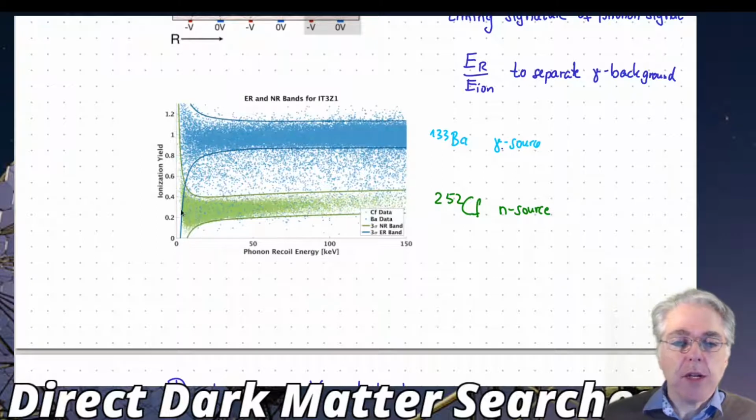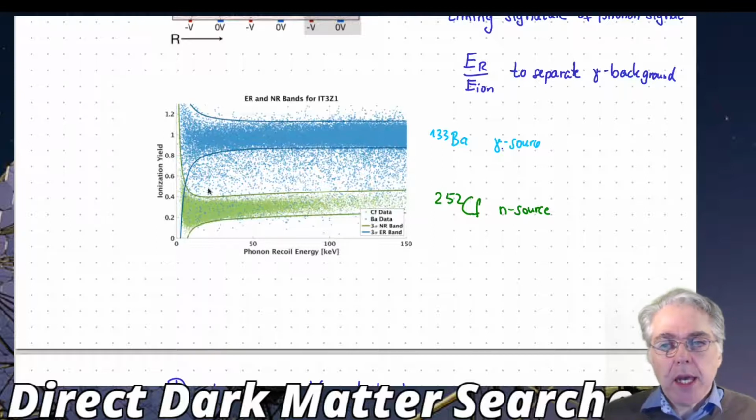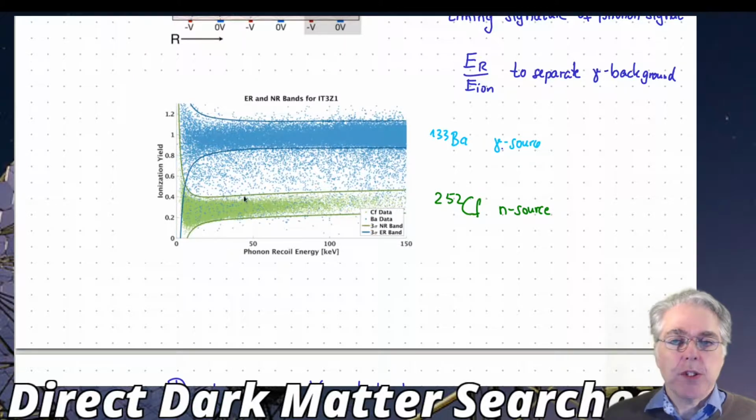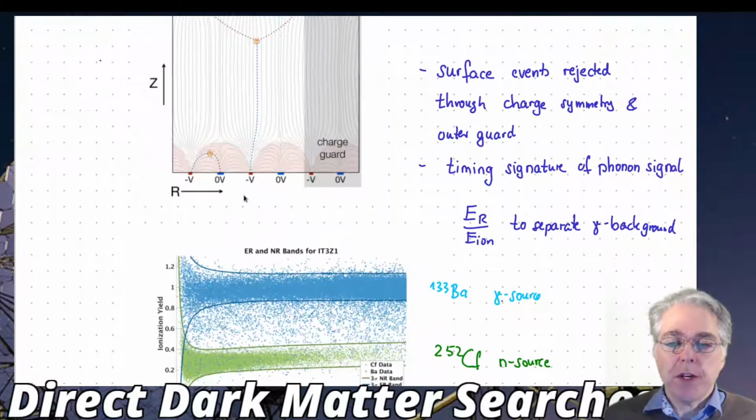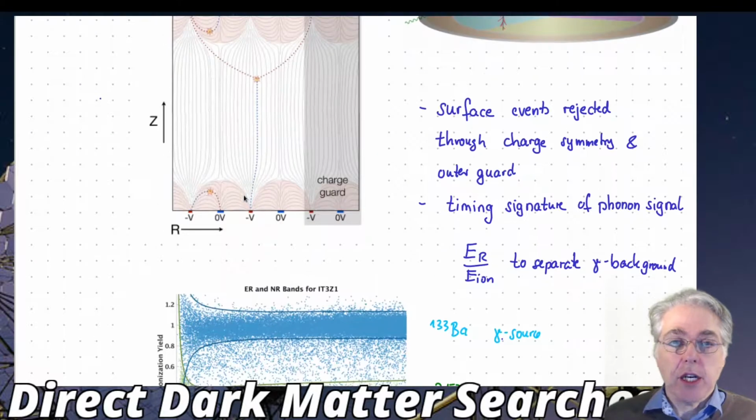And there you see now the green events, and they fall at a range of about 30% of the ionization yield. And the phonon recoil energy is centered to smaller values. There's some tail over to larger values, but most of the events fall down in this band here. And you can clearly make out that there's, of course, also some spillover, so they're not completely separated. But there's a very good distinction between the two types of events possible by the combination of phonon and charge